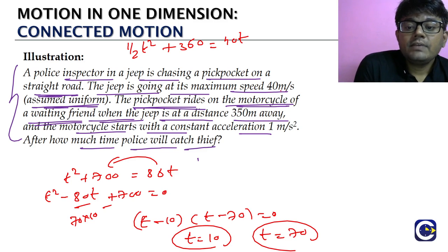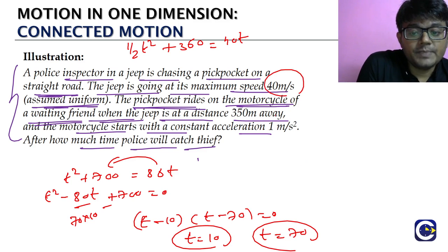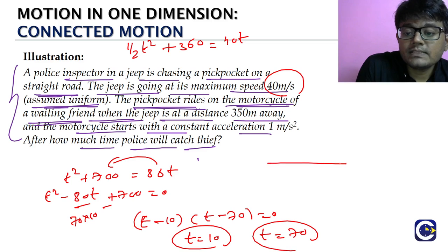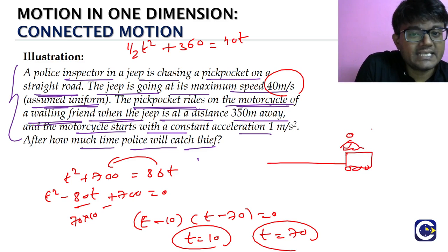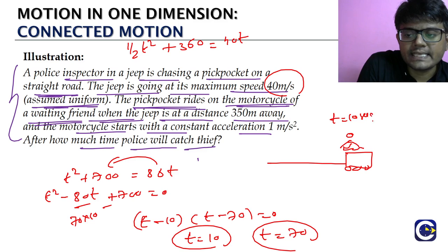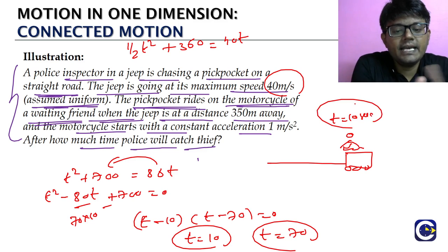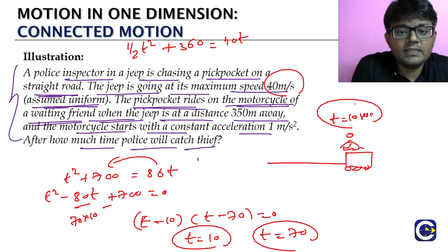You know why? Because look at this. Police jeep is having uniform speed, but it is having a higher value of speed. The thief is starting with a velocity 0. So what happens is police jeep initially able to rush and come to catch the thief. They are meeting, basically catching means what? Meeting. When they are meeting, first time they will meet at t is equal to 10 seconds. Actually there the process is over, because this is not a game, right? So once the police is able to catch the thief, he'll be put in the handcuffs and then he'll be taken away, isn't it?